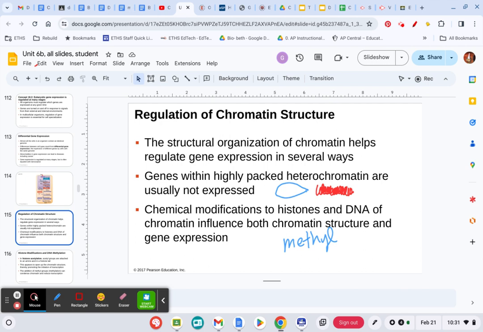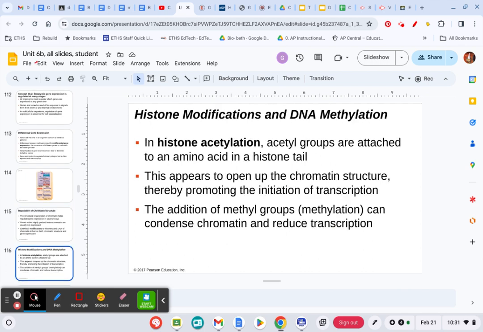Let me see if... Oh, there it is. Actually, it was on the next page. Okay, so